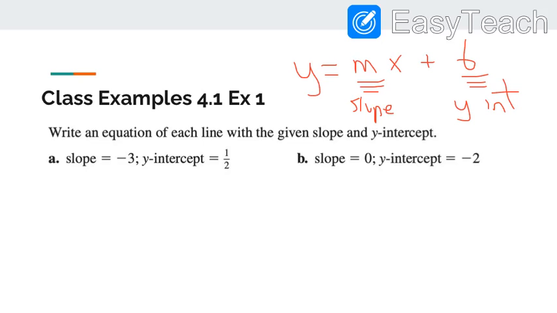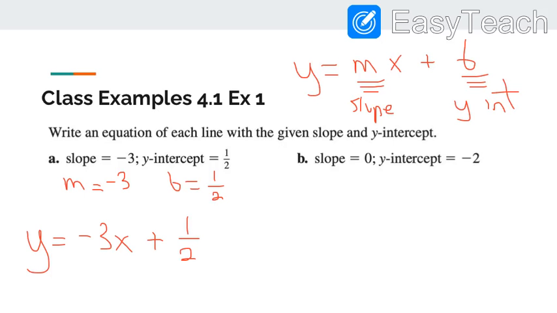So this one says slope is -3 and y-intercept is 1/2. That would mean my m is equal to -3, my b value is equal to 1/2. Therefore my equation would become y equals -3x plus 1/2. For the other one, my slope is 0, my y-intercept is -2, so I'd have y equals